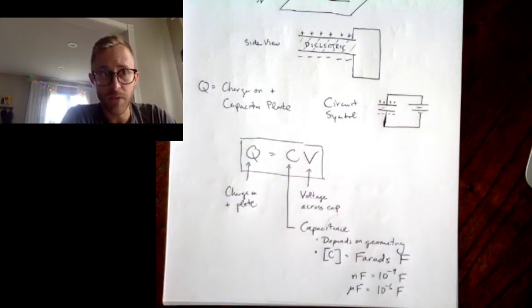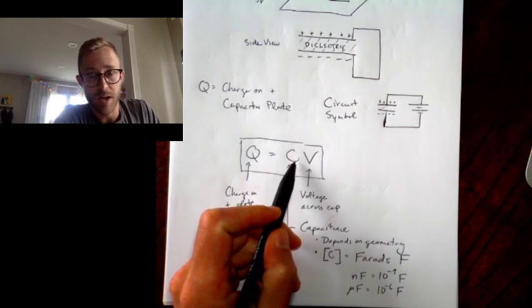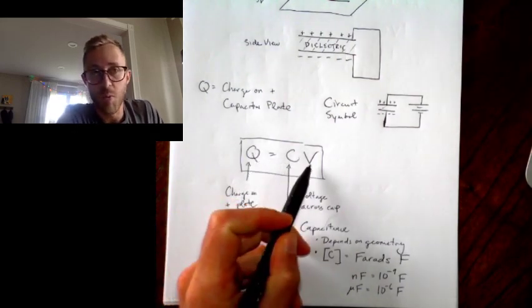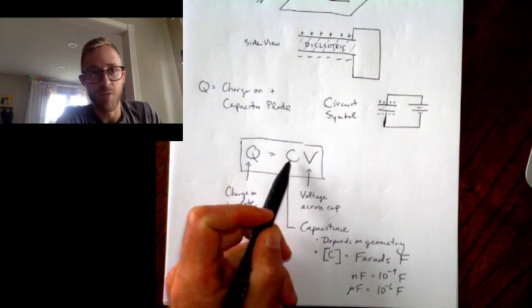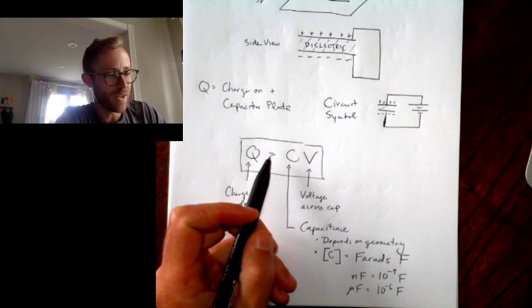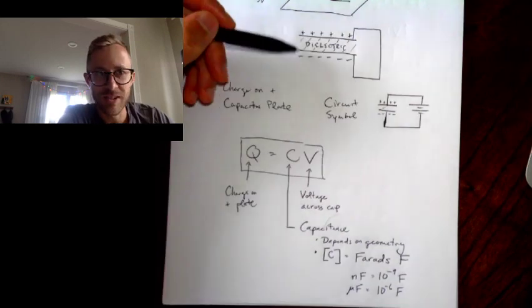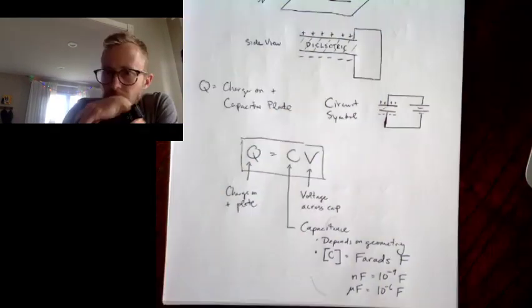If you had a 1 farad capacitor, C would be 1, and if you hooked up a 1 volt battery to a 1 farad capacitor, you would have 1 coulomb of charge on that plate. And if you had 1 coulomb of charge on these plates, there would be such a huge attraction between the plates that it would